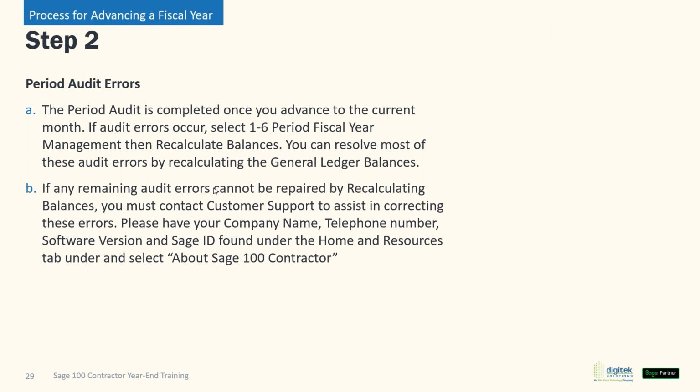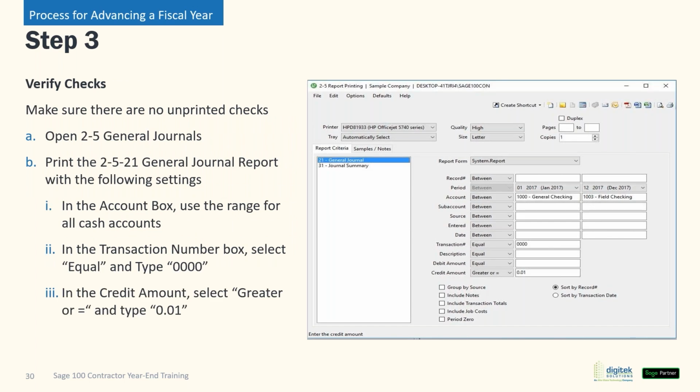Again, just talked about the audit errors. Okay, so step 3, we also want to make sure that we do not have any unprinted checks. If we have unprinted checks, it's not going to let us close. So in order to determine if we have unprinted checks, what we're going to do is go